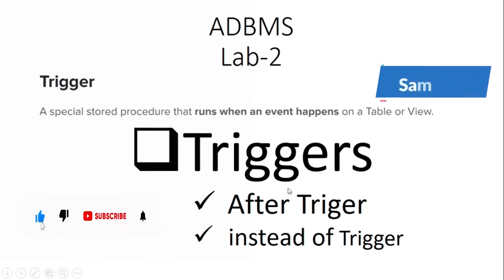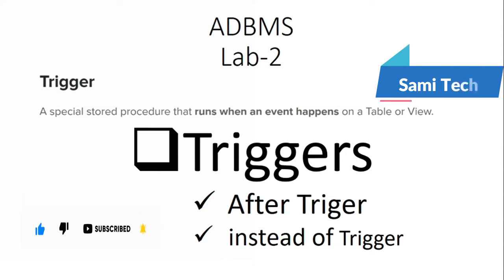So we have two types of triggers. The first one is the after trigger, and the second one is the instead of trigger. In this video, I show you how each type of trigger is implemented and fired in a table when